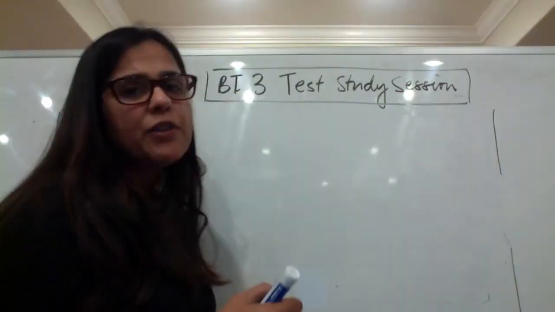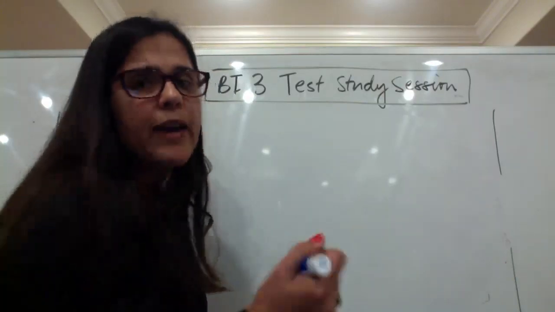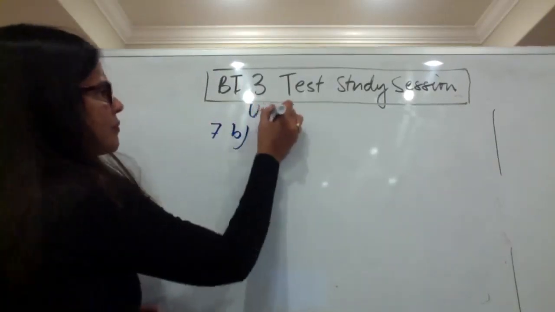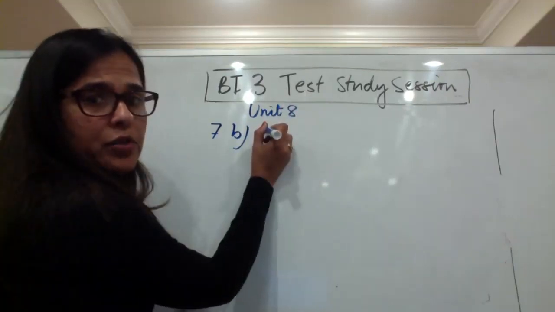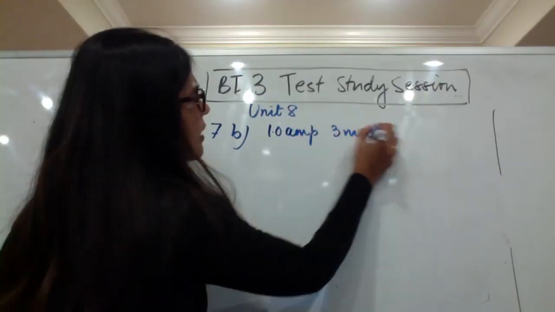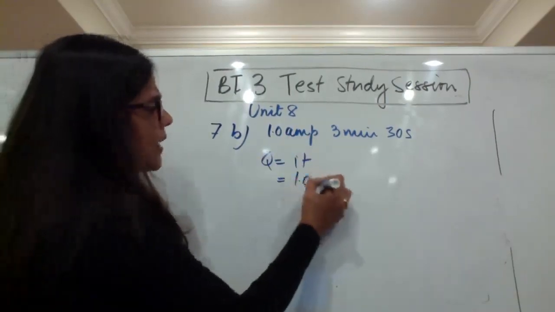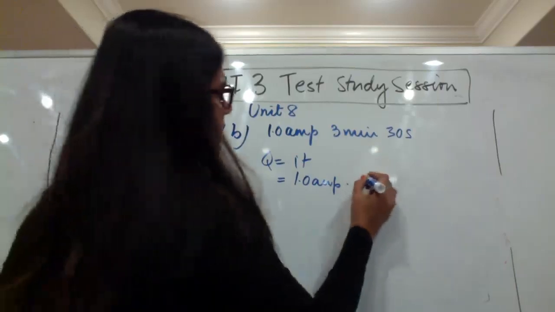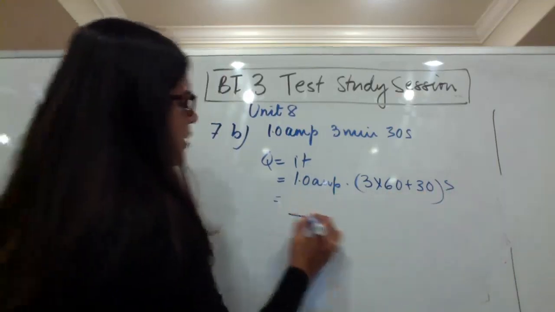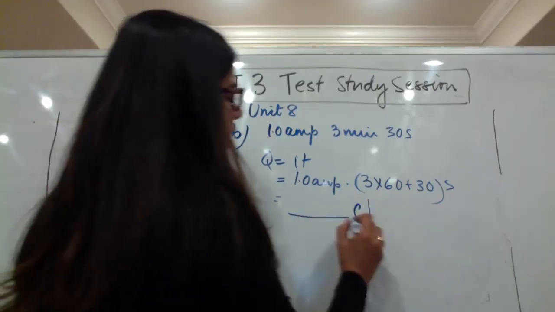So 7B said, how many moles of copper ion will remain when it was allowed to run at 1 amp for 3 minutes 30 seconds, right? So you know Q is IT, and I is 1 amp, and T in seconds is 3 times 60 plus 30, right? When you do that, you get a certain number of coulombs, right? And using these coulombs, then you will say